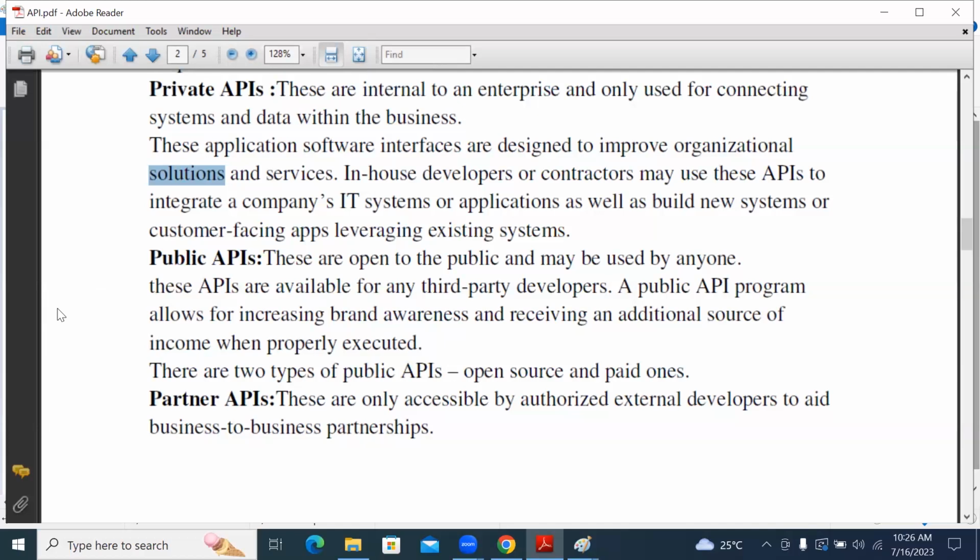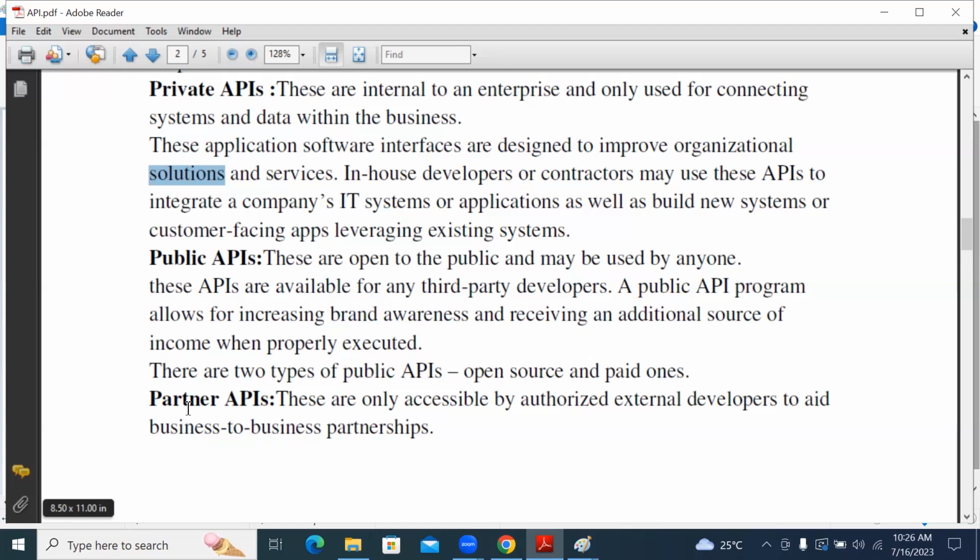And then we've got partner APIs. See the meaning, partner. You know about any kind of business: an individual person can do the business, and the same business can be done with some partners.